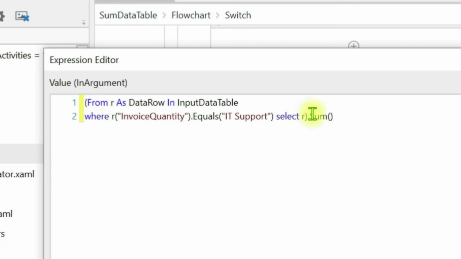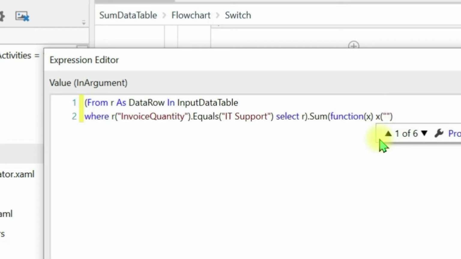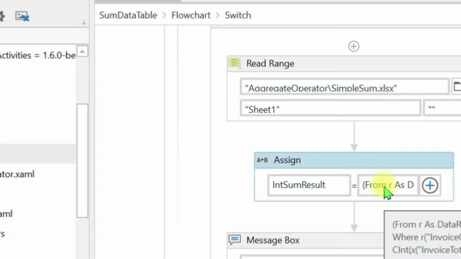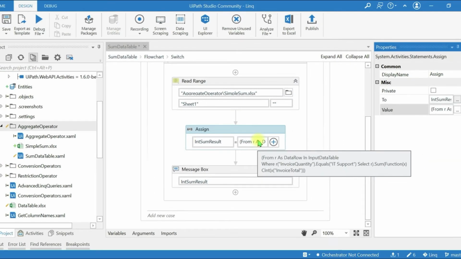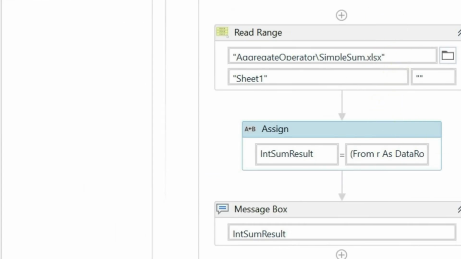So this is a collection of data source. I am applying the LINQ operator sum. So here function of x, again x of invoice total. Need to convert this to integer. Now also we will get the same result. Okay, now I will run. So we wrote the query using query syntax and also used the extension method sum. Now I will execute this query. We will get the same result,